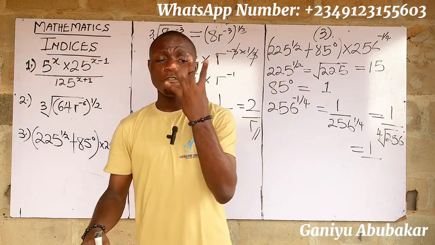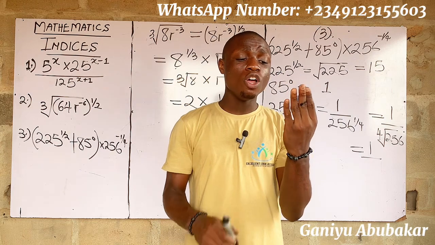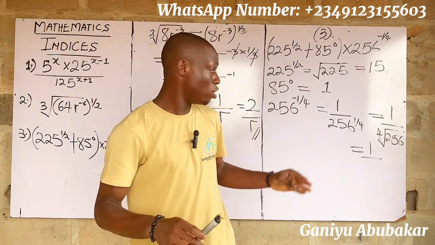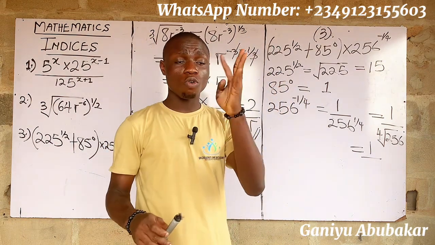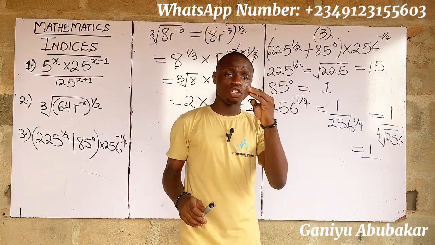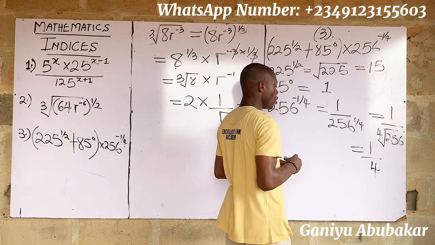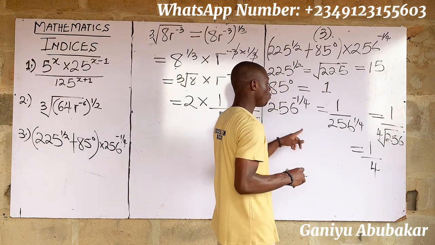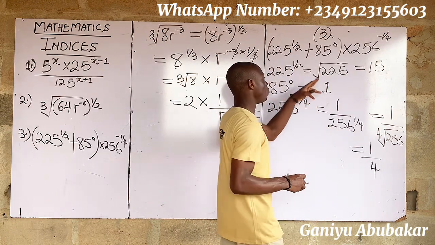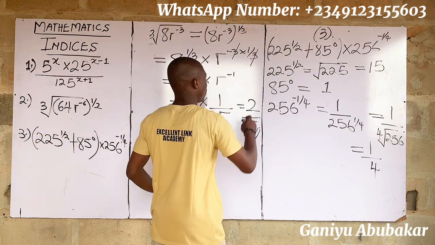I'll look for four numbers. Fourth root means four numbers that will be the same thing. When these four numbers multiply to give us 256, the number is 4. 4 times 4 times 4 times 4 is of course 256. So I'll have 4 here. So while expressing this one, I have 1 over 4. I'll put each value back inside this. So for me, I will have